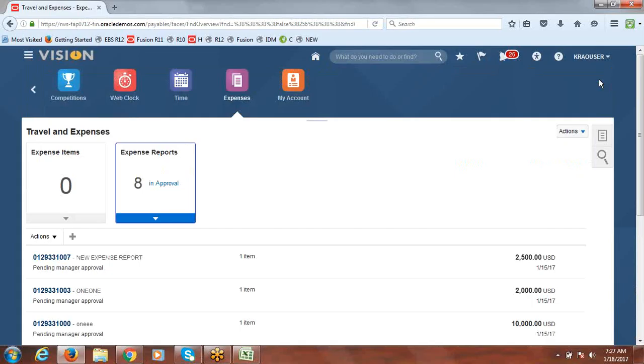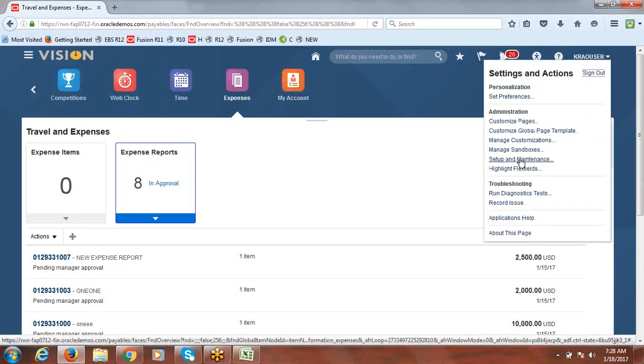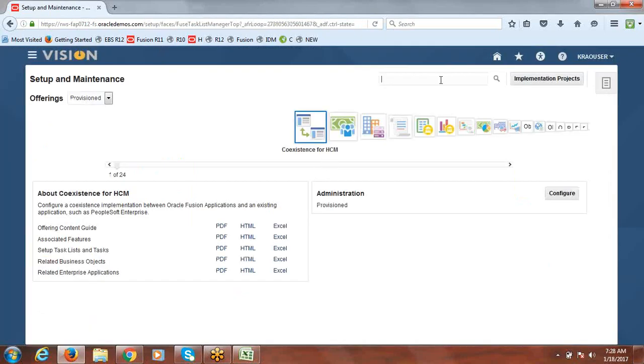Okay, and one more point here. Since you are testing in this environment, if you don't specify location for business unit, you cannot interface this information to payables, because when you are creating the business unit, I'll show you that.